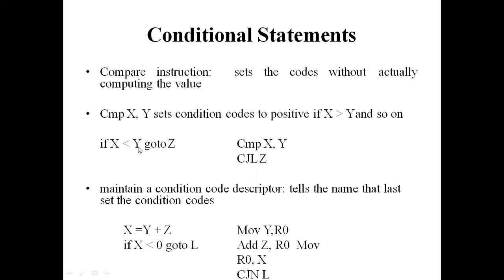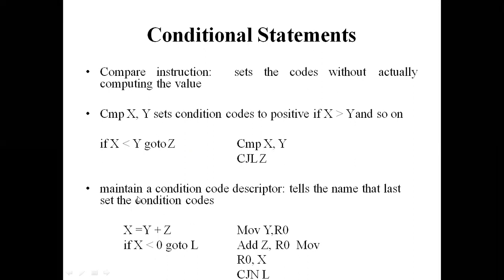So here we're comparing x and y, right? Comparing the x and y. So compare x comma y. It is compare jump LZ. Go to Z, right? Compare jump LZ. It is in positive, so it is a positive jump. So we are not using any N like here. Just it is in positive. That's why we are using compare jump LZ.